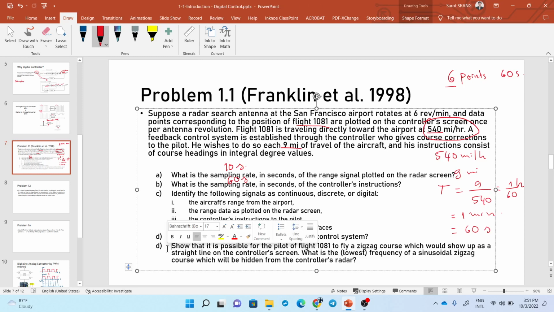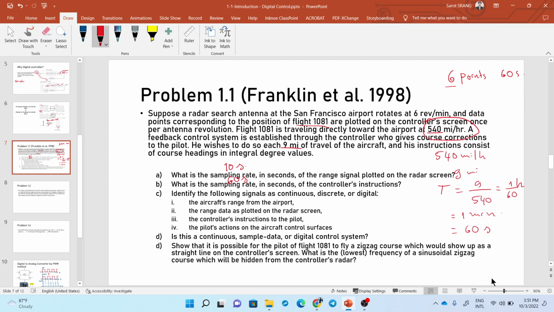And the last one: show that it is possible for the pilot of flight 1081 to fly a zigzag course which would show up as a straight line on the controller screen. Okay, just answer this question first. So this means